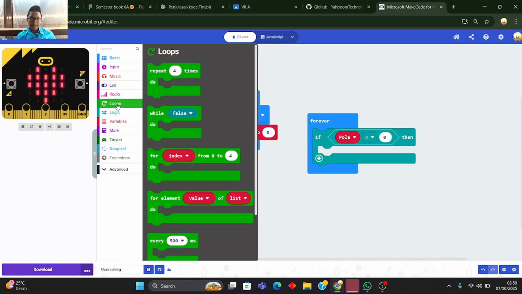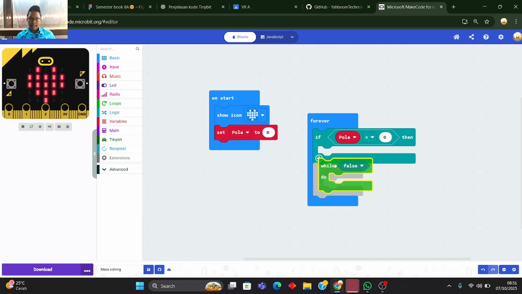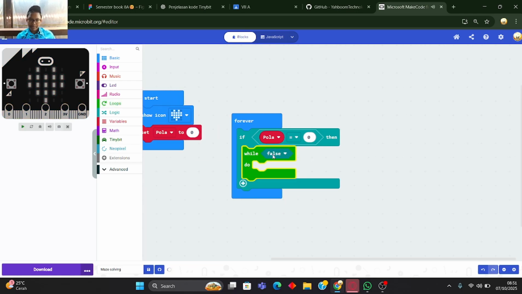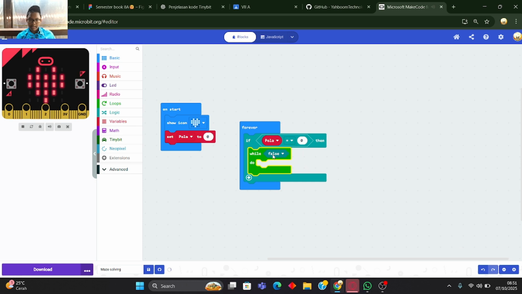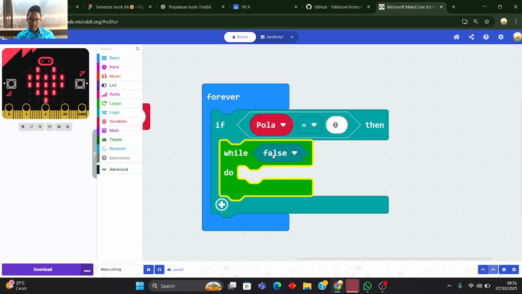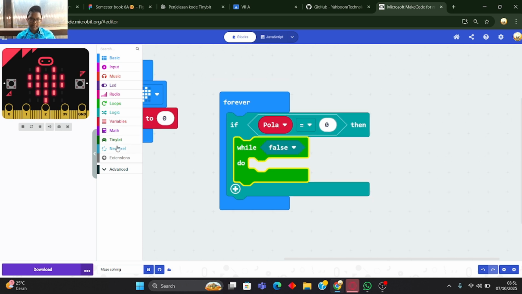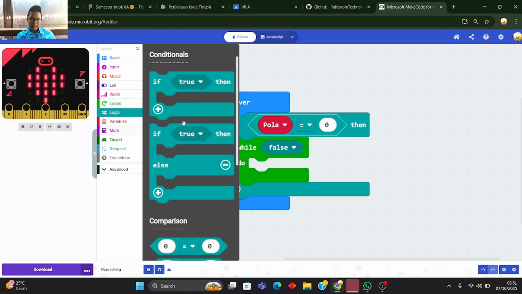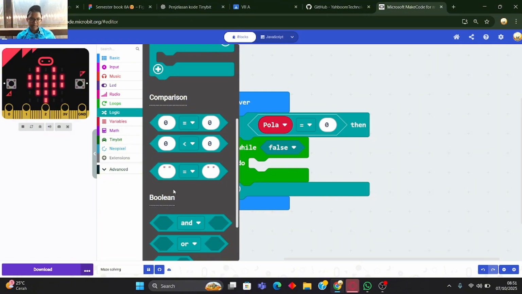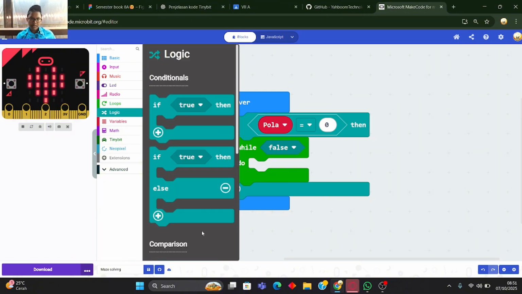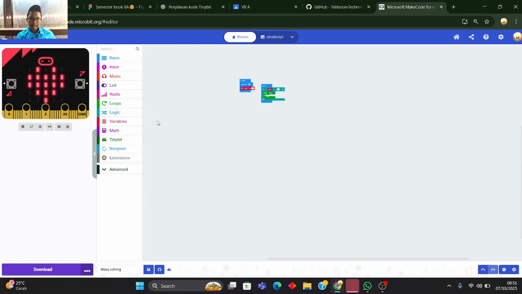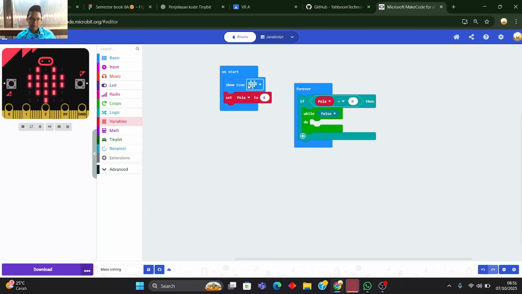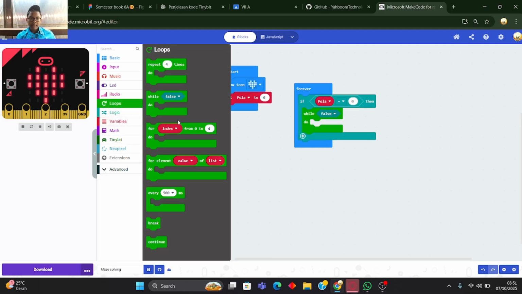Then we can go to loops. There is a while. We can take it and put it under.